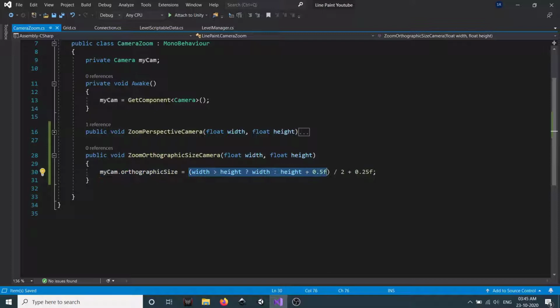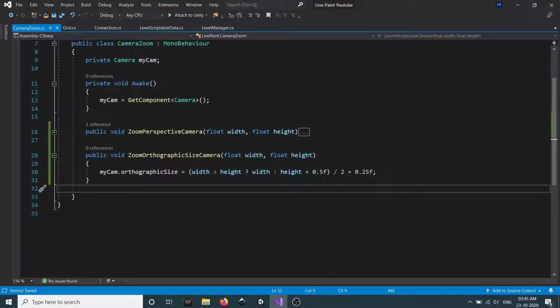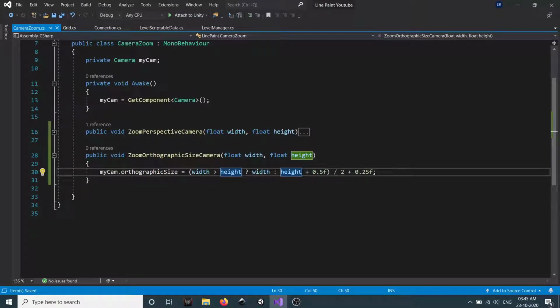So first we check between width and height which one is greater, and depending on that we select them. So if width is greater than height, we select width, else we select height. Then we add a small amount, 0.5, to it, and we divide it by 2, and we add 0.25f to it, just to make sure that the entire pattern is seen in our solution.